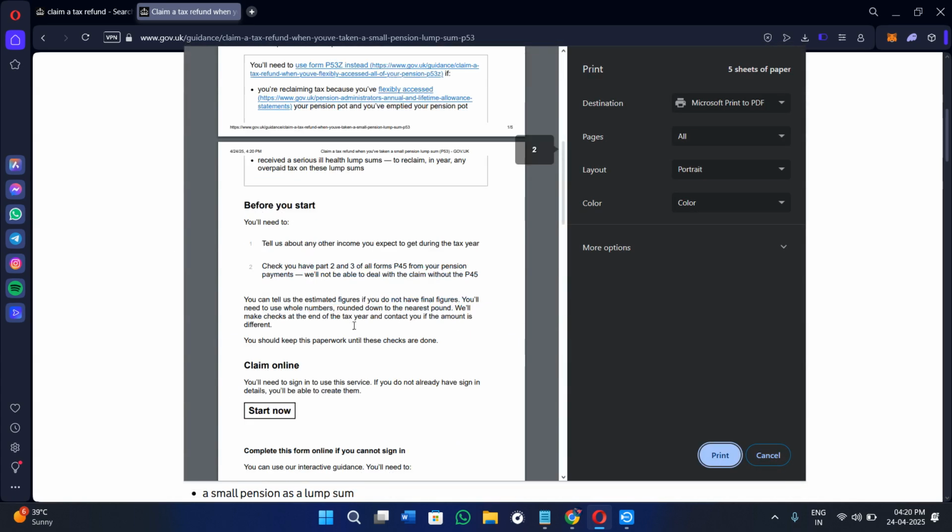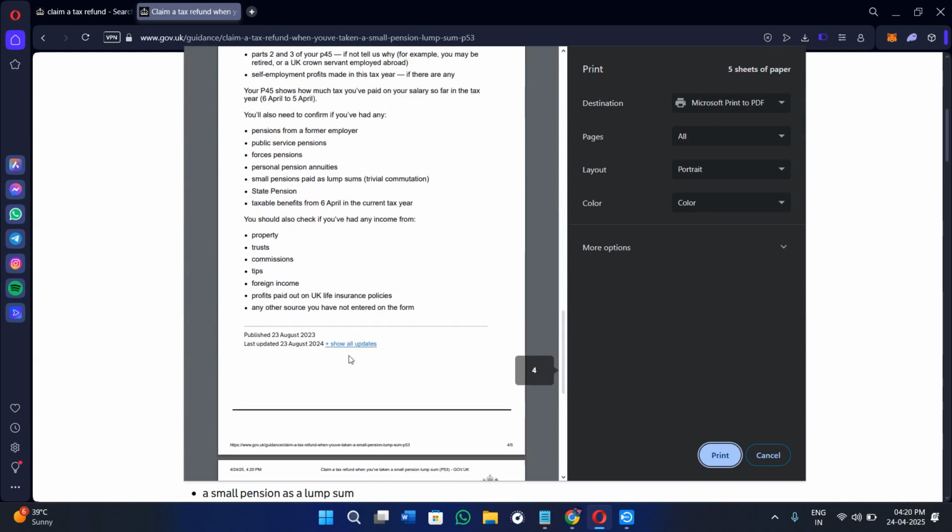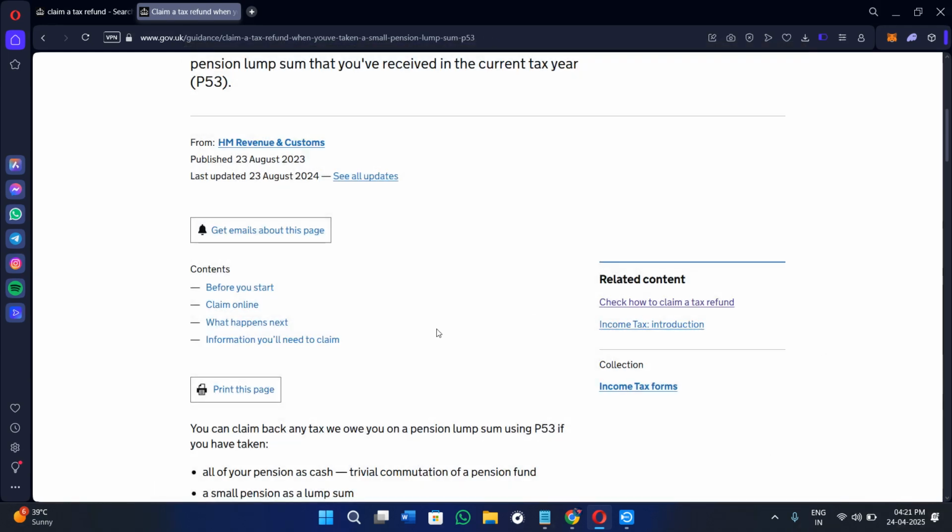After that, you just have to fill out these details one by one, and this way you will be able to basically submit this particular form, and once it is approved, your refund is usually sent within 5 working days